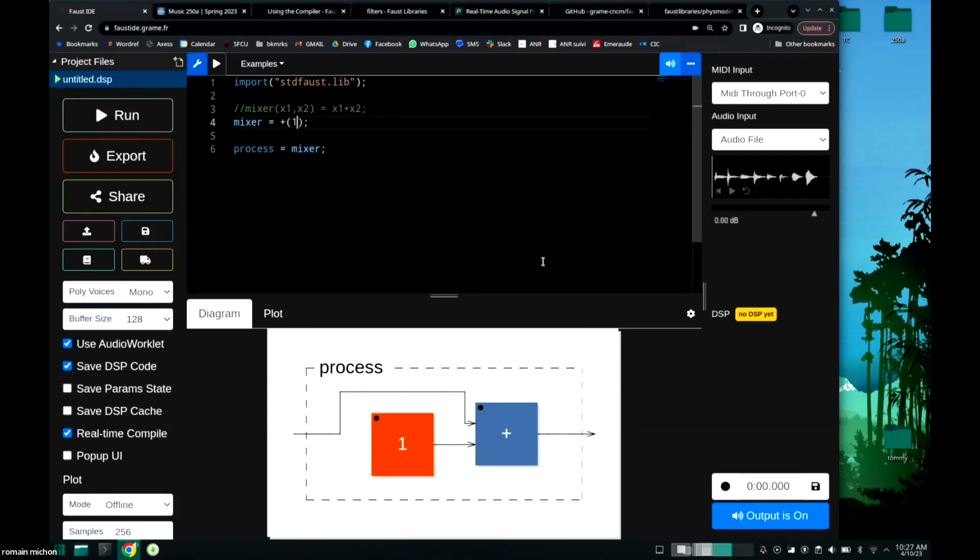Okay, so here what you say is that I have an add. This add has one argument which is already specified and it's 1. So it means that I only partially completed the operation for my addition, so only one of the arguments becomes implicit. And in that case, it's the other argument. Does that make sense? So you're never really going to want to write Faust code like this in 258,